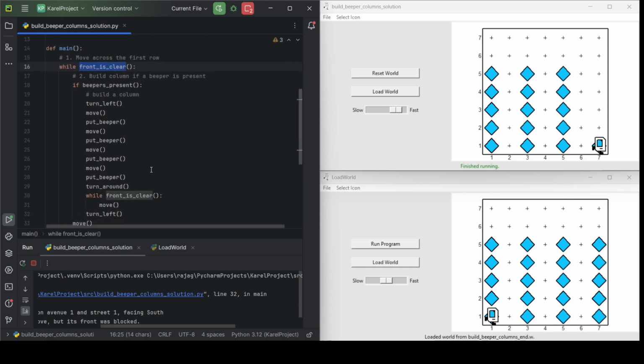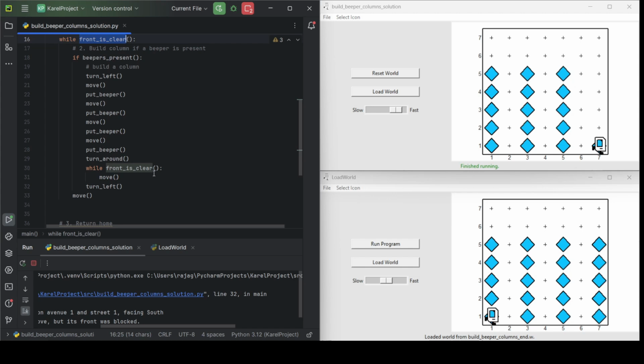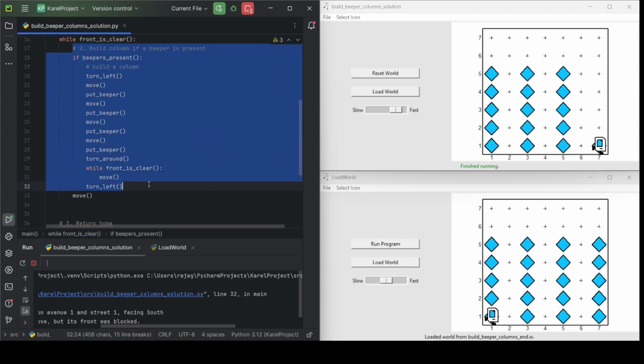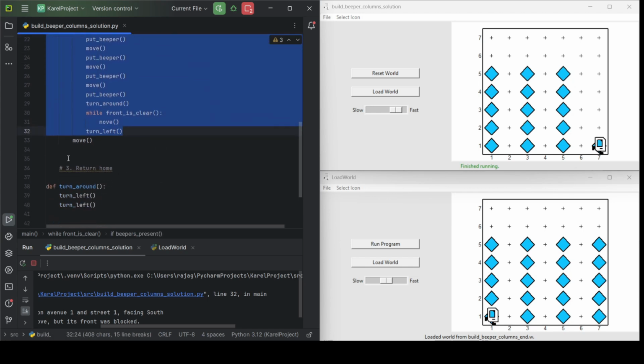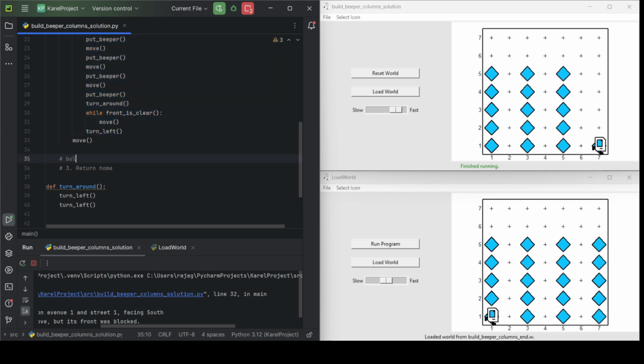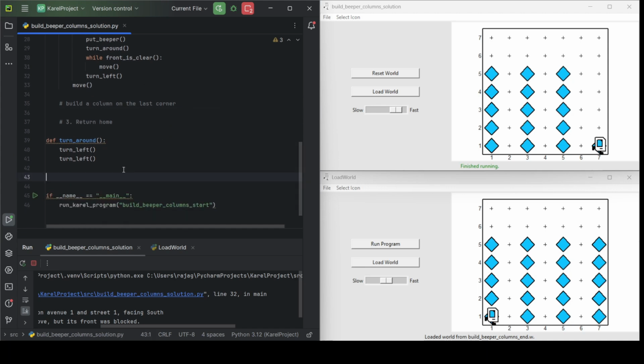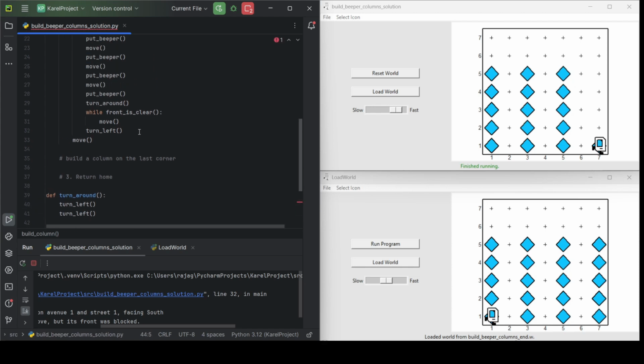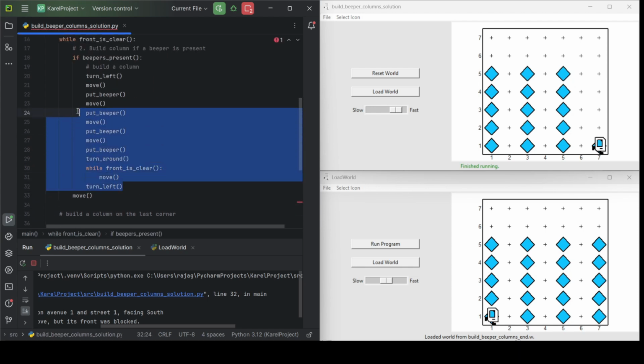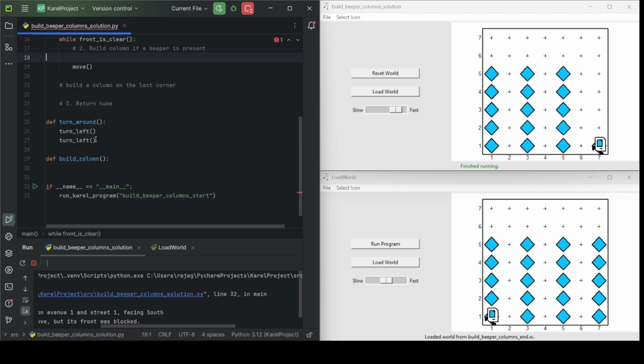Now before we build the column, let's clean up our code. We are building a beeper column here, and then we are going to build a beeper column again here. So we're building a column on the last corner. So we don't want to repeat the code. Now as we learned in part 1, we get around this problem by writing functions. So we say build column, and here we take this whole code